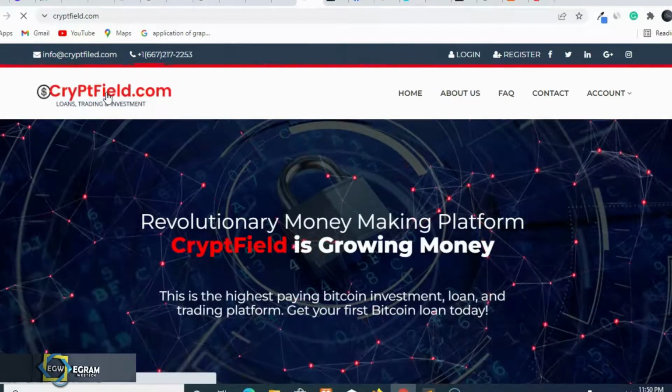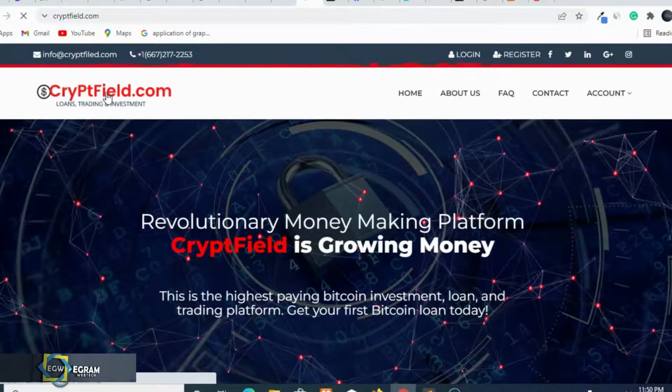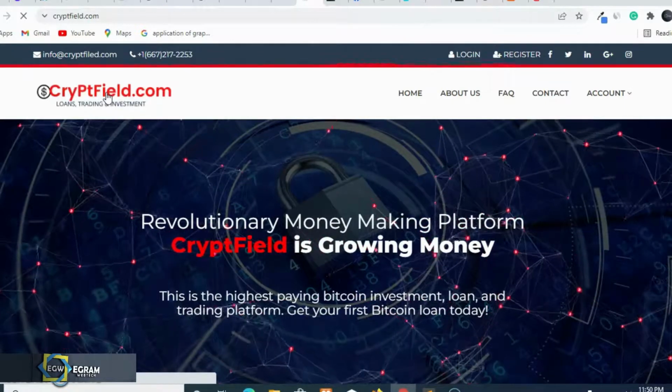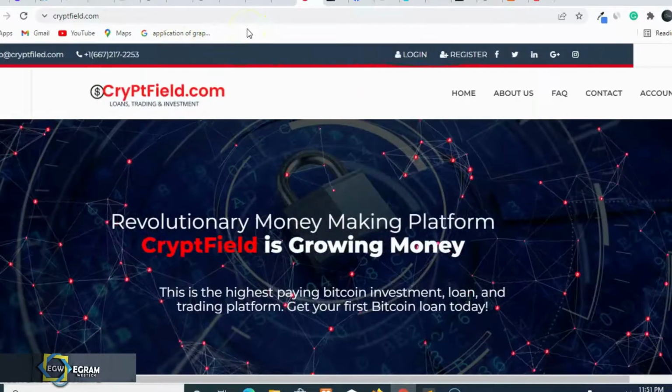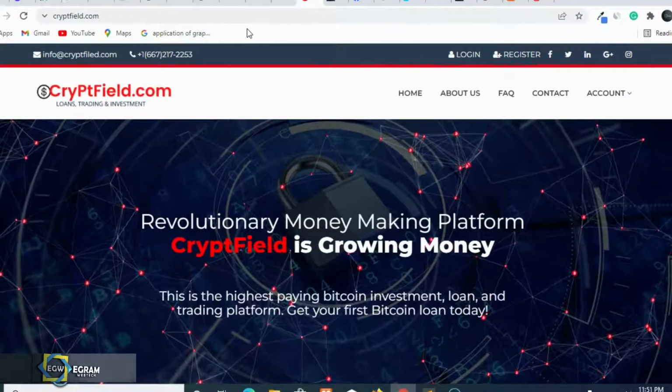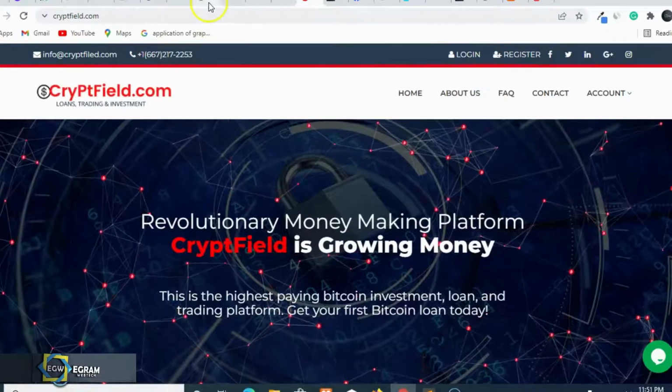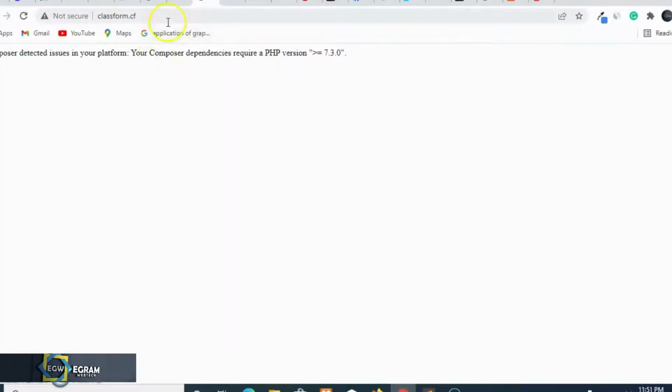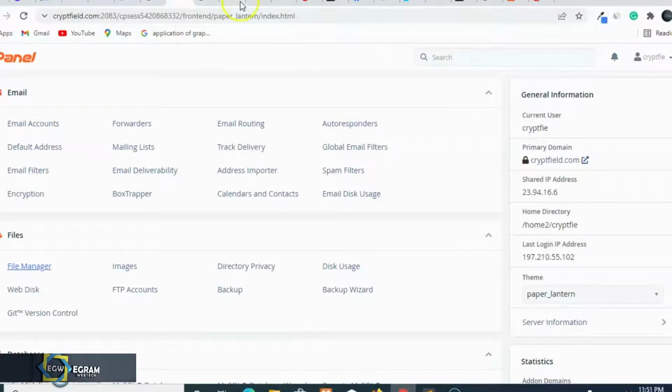Let me see this here now. This is still running. It's running normal. Okay, this is fine. It's very fine. So let's say if you have an issue like this, how do you solve it? Let's go back to that panel. Go back to this panel here. Okay. Now come to this place.